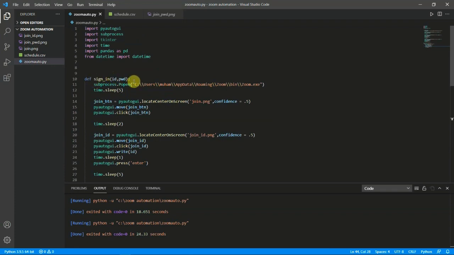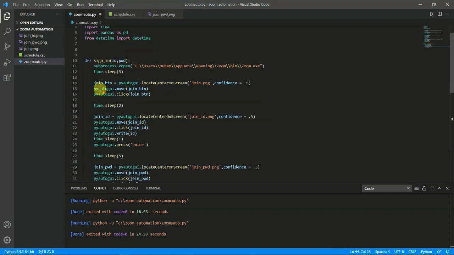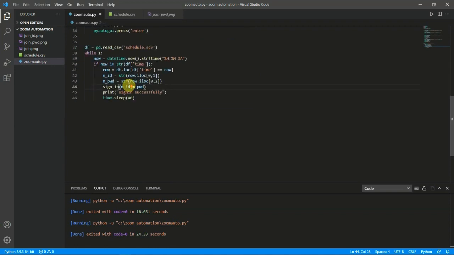It will take the id and password, it will open Zoom, and it will automate all the things, and then it will print sign in successfully, and it will sleep for 40 seconds, and then again it will keep on checking. The while loop is true and it is an infinite loop. It keeps on checking until you get the same time to execute.